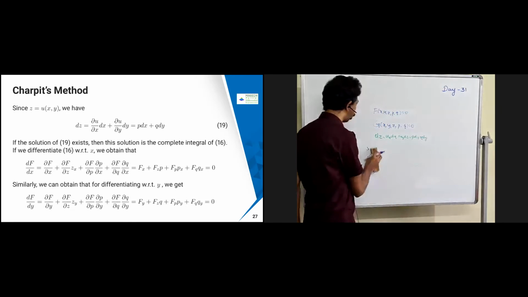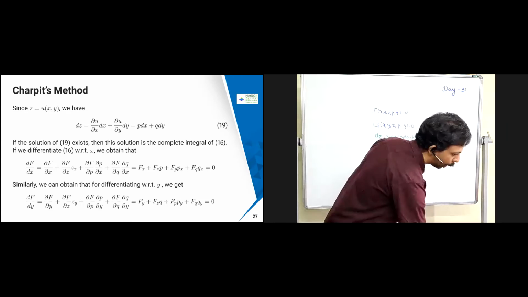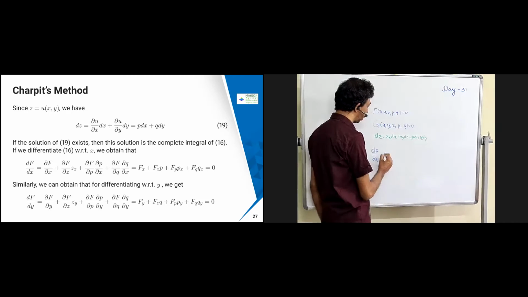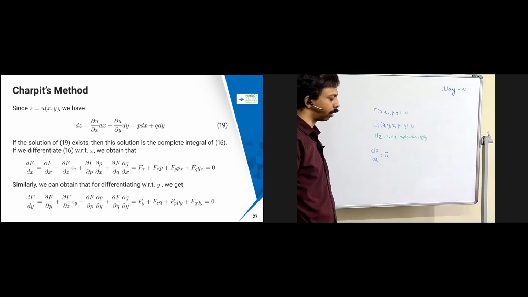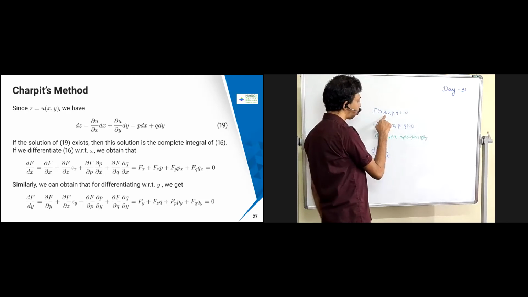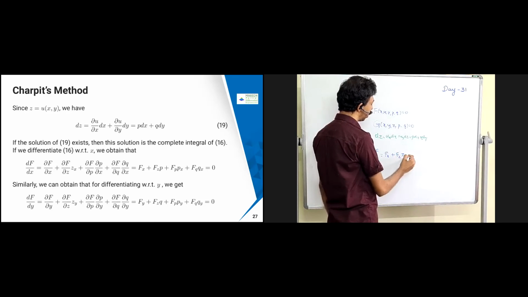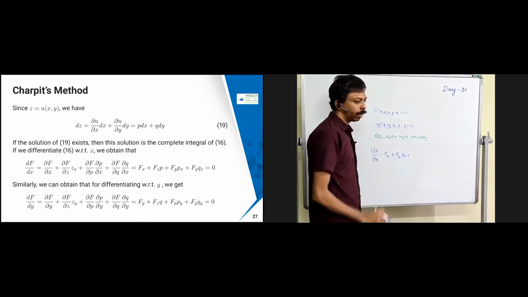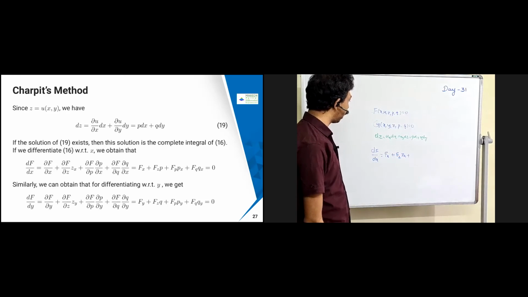So total differential, I'm going to find the total differential. Okay, so df by dx I'm going to find. Df by dx is nothing but I'm going to get fx with respect to x, keeping the others constant. Then this is y, so I don't have anything over here. Then z is a function of x comma y, therefore I'm going to get fz into zx. Okay, plus I have p.